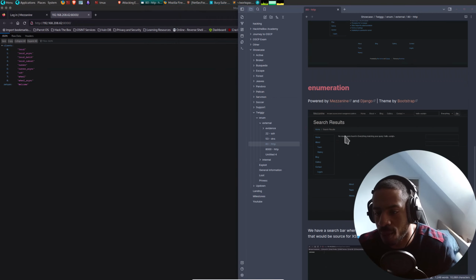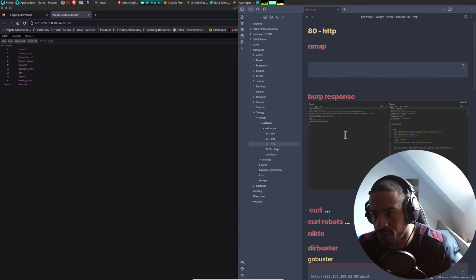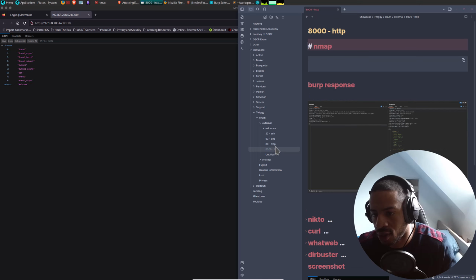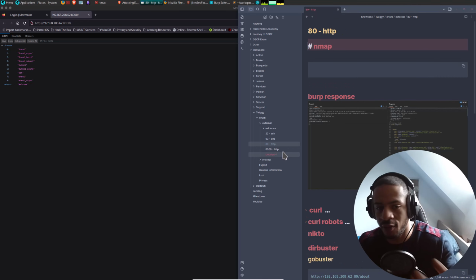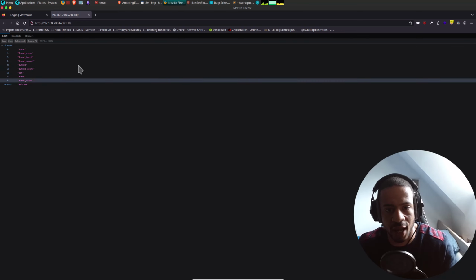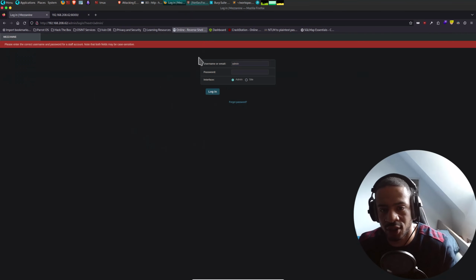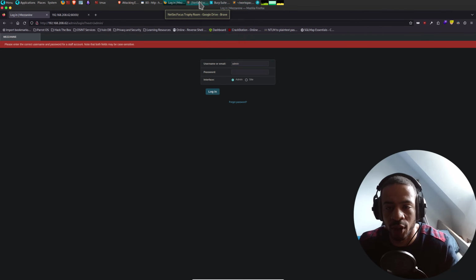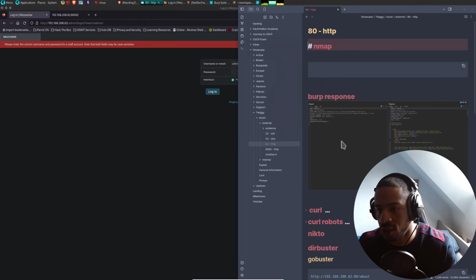So, what's also interesting is that there's a reason why I want to put Burp response, because there might be information there that I don't see here right away. For example, with the port 80, you've got this response.